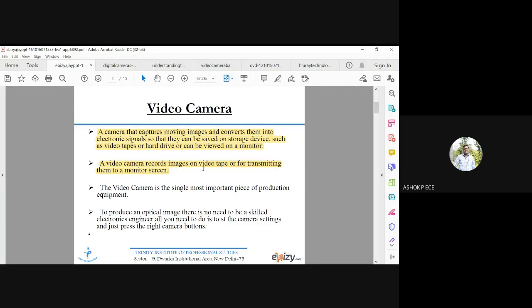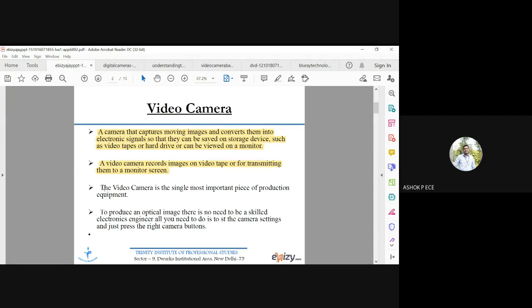So previously, tapes were used to record and store the video, but now we are not using tape. We will have USB drives inside our camera, or a memory card slot that we can use. The captured video will be stored on the memory storage.